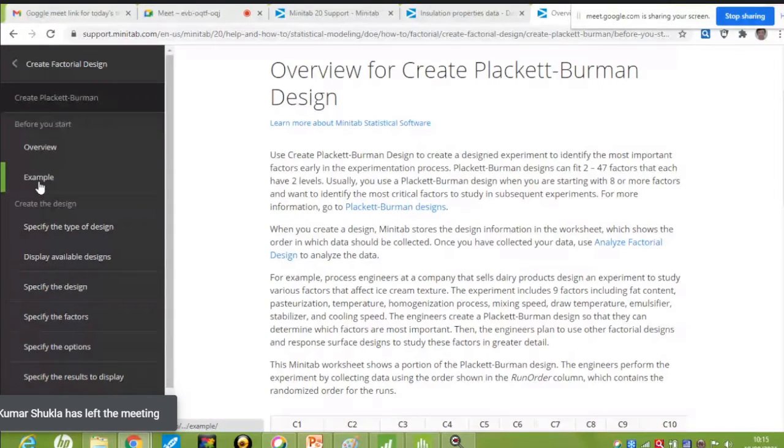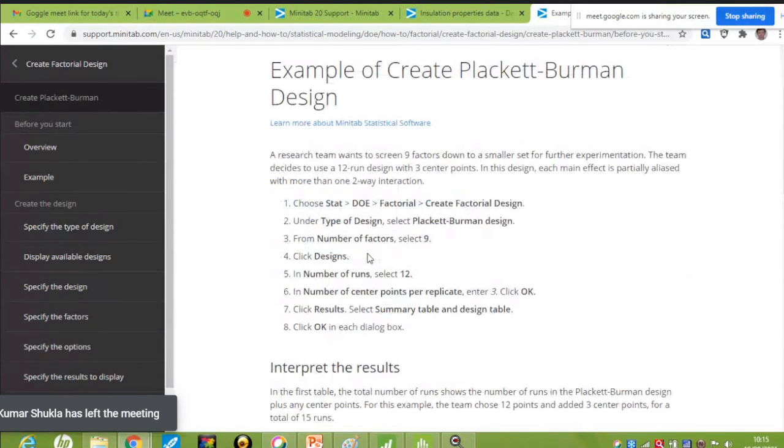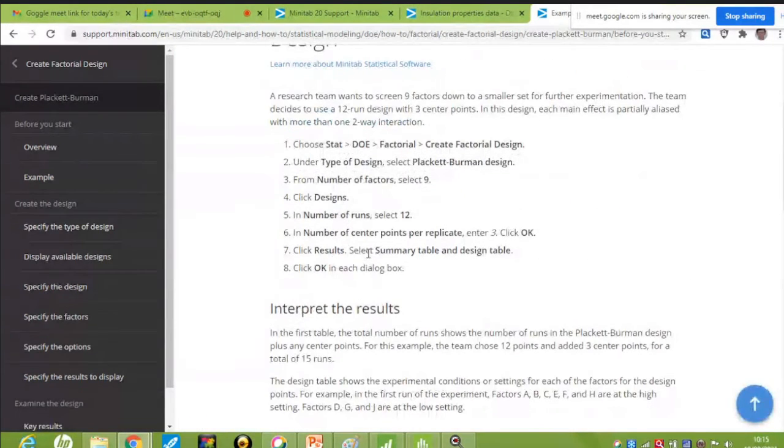For example, who can read the example? I want some new participant to read this example.